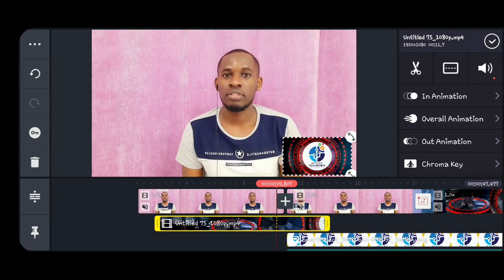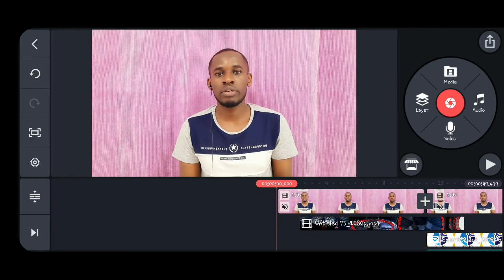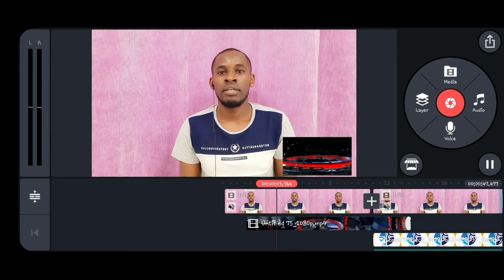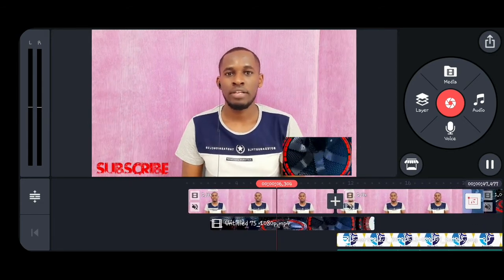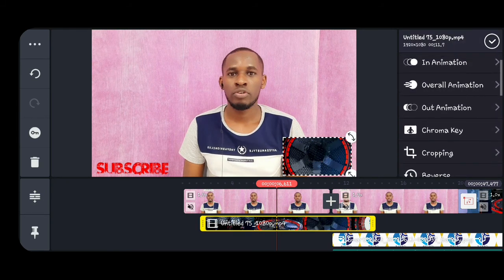Yes, that is it. So now I've put it there in the corner. Meaning if I play the video like this, it will pop up like that. So you can add more settings by tapping on it, then whatever you want to edit in the video,